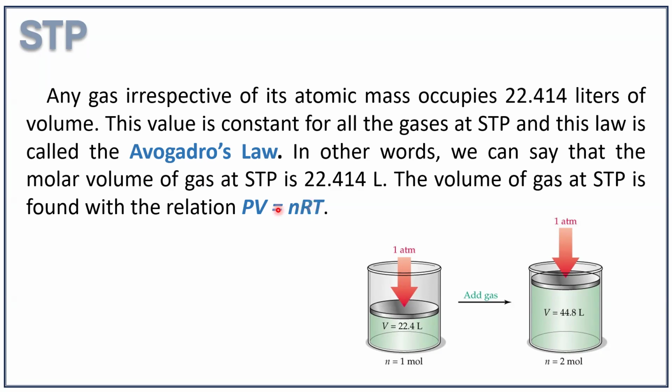Using this, which is known as the ideal gas equation, R is known as the universal gas constant because it has the same value for all gases. PV = nRT. From that, we can calculate